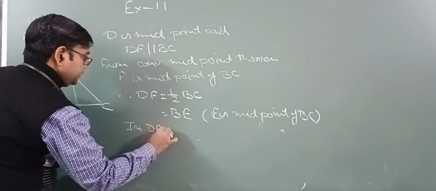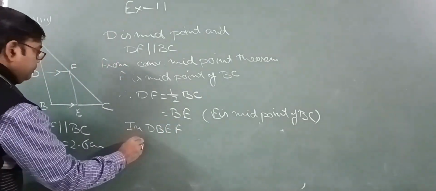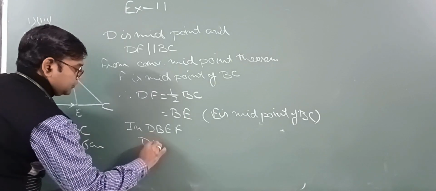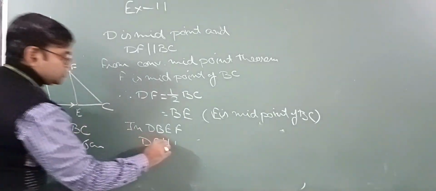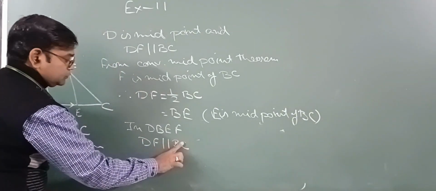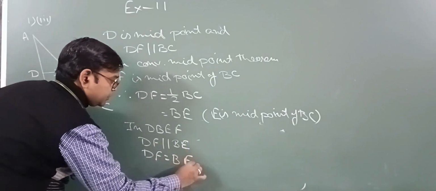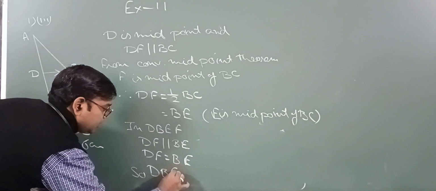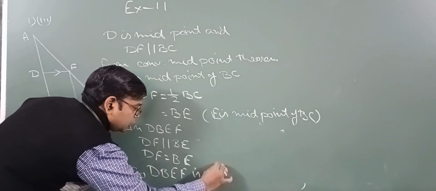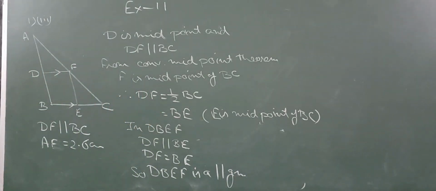in DBEF, one pair, that is, DF is parallel to BC. It means what? It's also parallel to BE, and DF equals BE. So DBEF is a parallelogram. Number one is clear. Hope this one is clear to you. Next one,